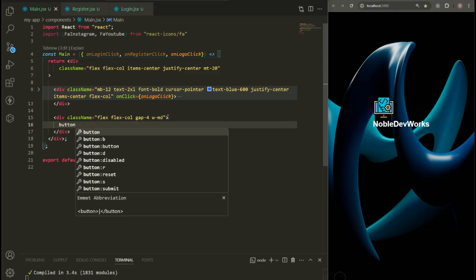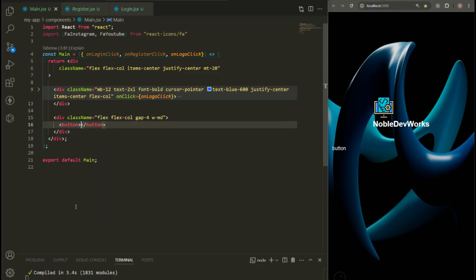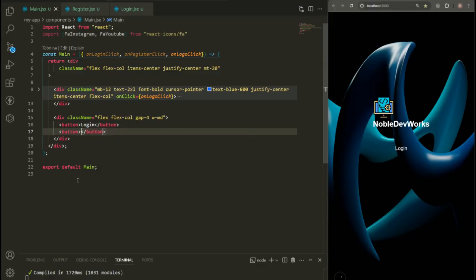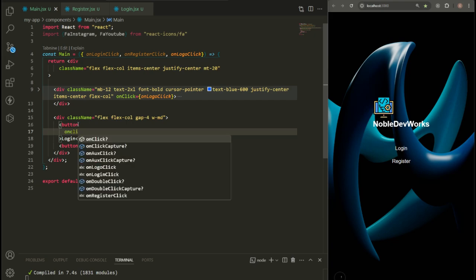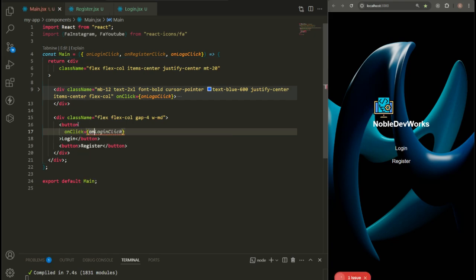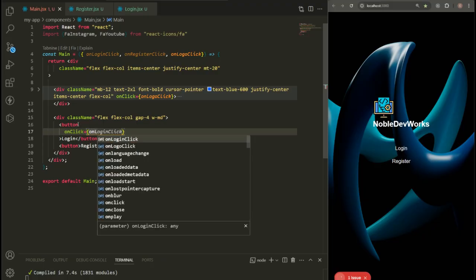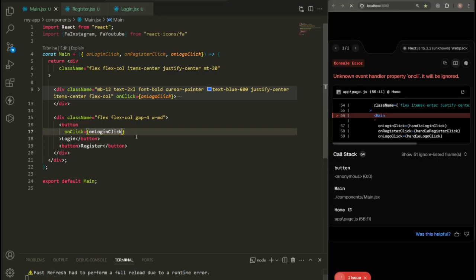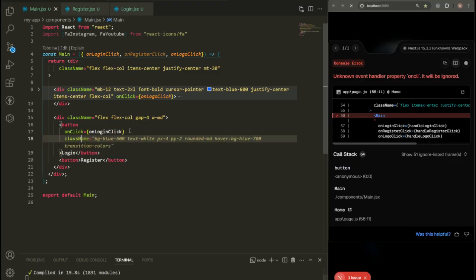Okay, so here we have button. I want to create two buttons. I'm going to create two buttons, one that says login and the other one that says register. So for this one, we're going to add an on click, which is going to be on login click. So whenever I click on this, we want the function for the login to run. Then a class name